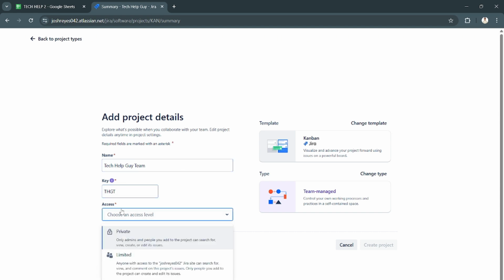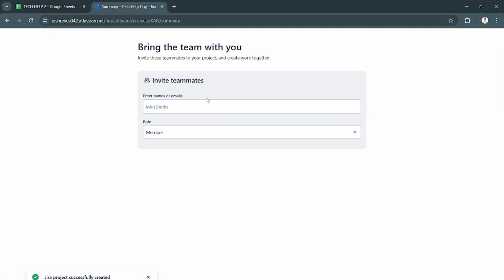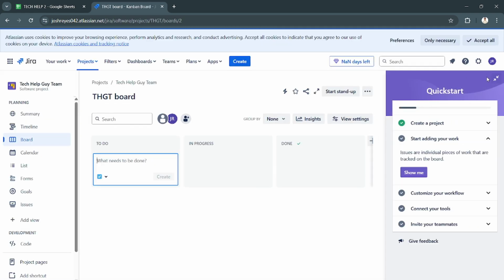Then here for the key, yeah, just like that. And then you can have it private or limited. For this one, we're just going to stick with private. So click on create. And then afterwards, once this is done loading, you will now be asked to invite your teammates. But you can definitely skip on that if you just want to give the application a try. Definitely you can skip that one out. And now, automatically, this is what you'll be facing with. The best part about Jira is that it creates the board already for you upon the creation of